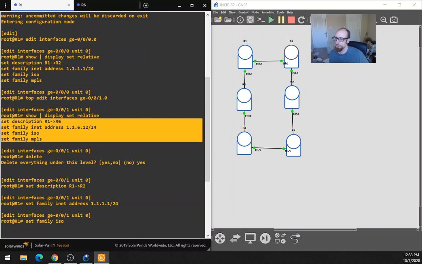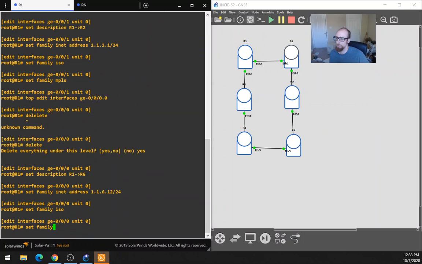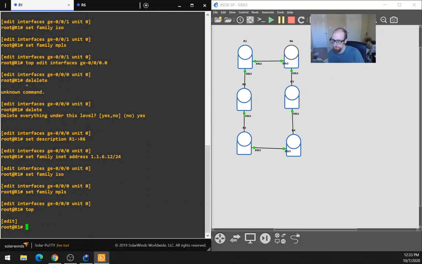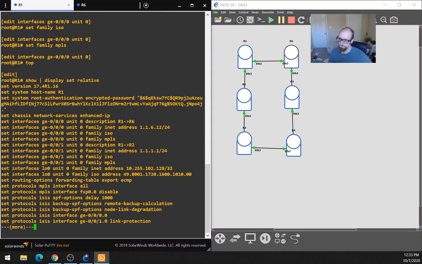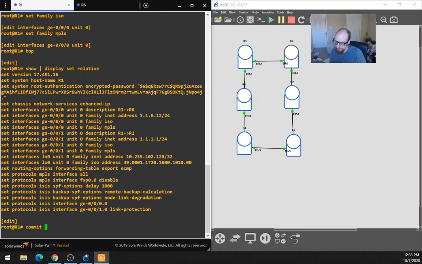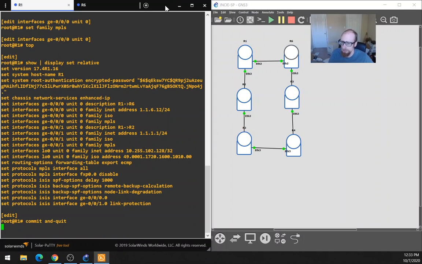So you can see show pipe display set relative is a really powerful knob to learn, because it can allow you to make really fast changes like this. Okay, so now we've got ETH02, which translates to GE000, with the description R1 to R6, which matches what's in the topology. And likewise, we have E3, which translates to GE001 with the description R1 to R2, which is what is shown in the topology. So let's commit that and take another look at the